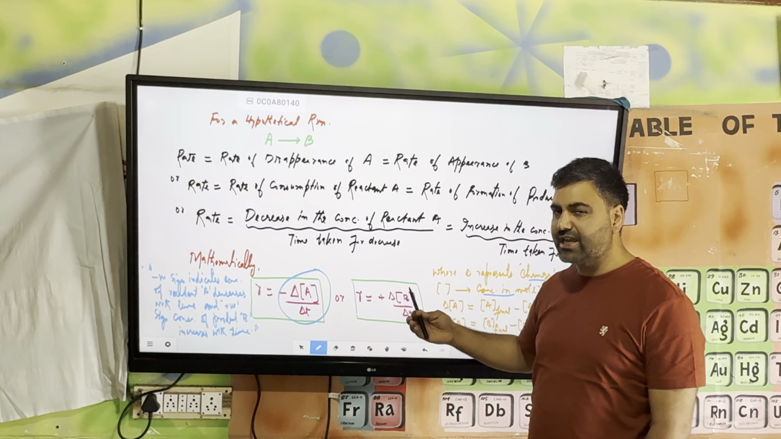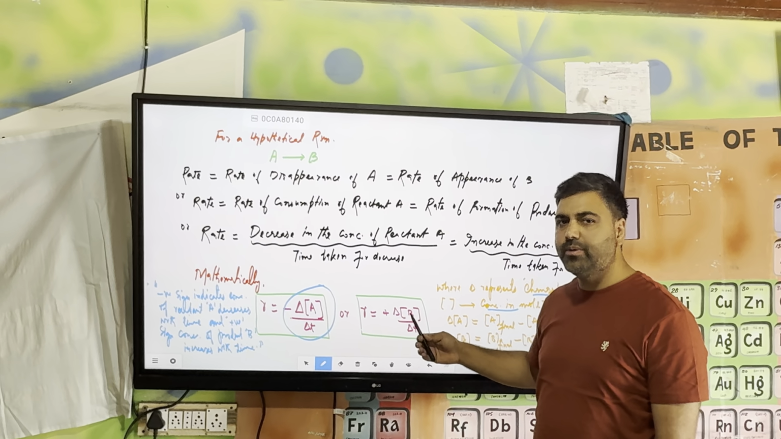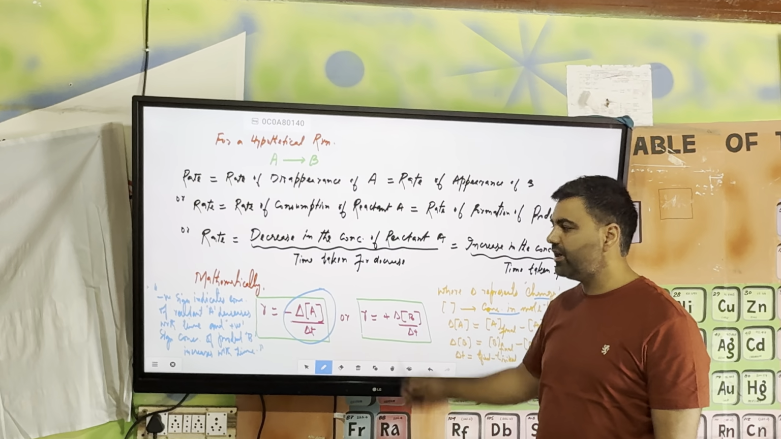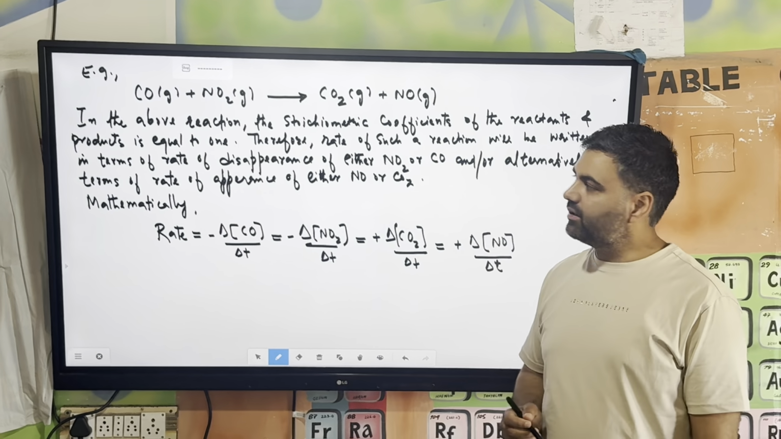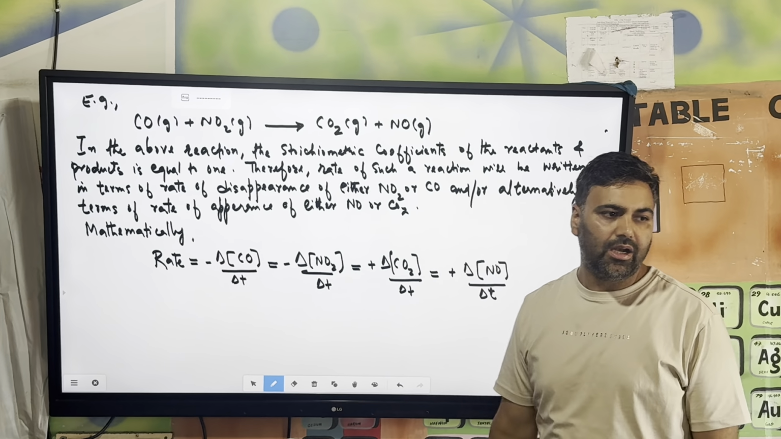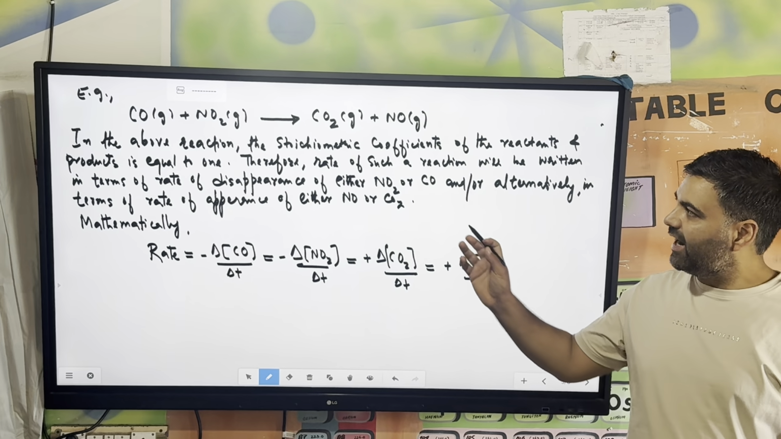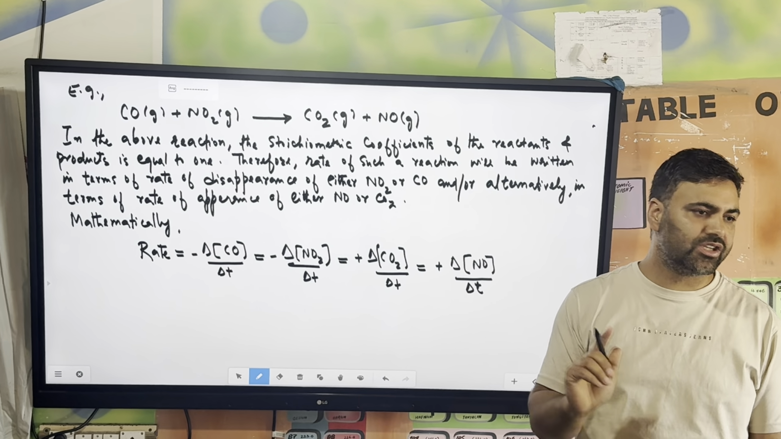If the reaction is gaseous and the concentration we are taking in atmospheres, then it will be atmosphere per second or atmosphere per minute. Now let us take an example. If I am taking an example of carbon monoxide reacting with nitrogen dioxide to form carbon dioxide and nitric oxide, you will find in this reaction the stoichiometric coefficients of all the reactants and the products is equal to